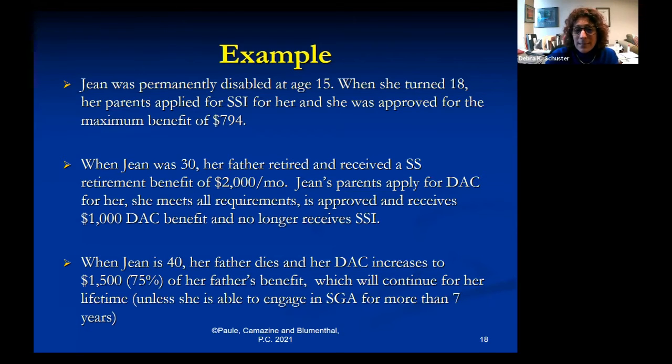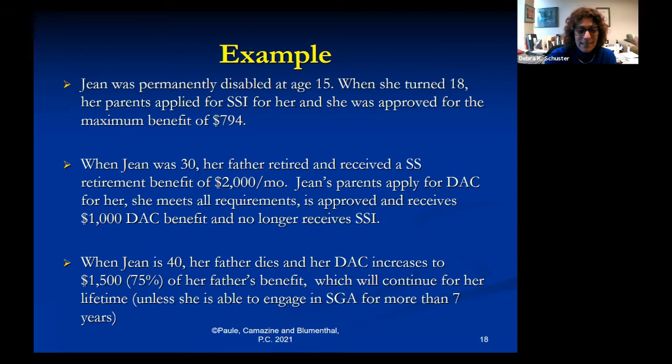So Jean was permanently disabled at age 15. When she turned 18, her parents applied for SSI for her, Supplemental Security Income, which we'll talk about a little bit later. And she was approved for the maximum benefit, which in 2021 is $794 a month. When Jean was 30, her father retired and received Social Security retirement benefits in the amount of $2,000. Her parents applied for DAC for her. She meets all the requirements because she was disabled before age 22 and received that $1,000 DAC benefit